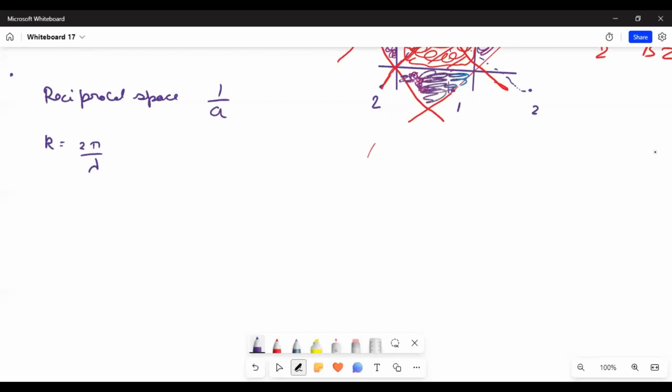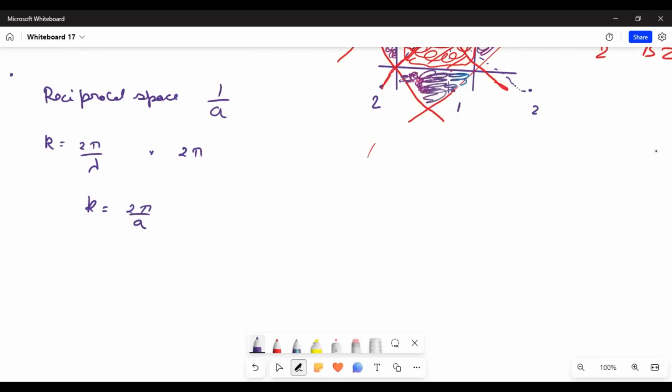It's just multiplied by a factor of 2 pi. It doesn't change any symmetry, it is just scaling, expanding, and otherwise remains the same. So in k space it is also 2 pi by